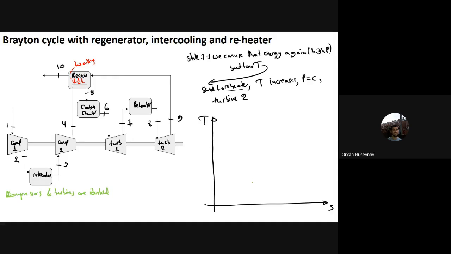Okay, now let's start. So I will have state 1 for compressor 1. And this one increases the temperature to state 2. This is state 2. Okay, and then comes that intercooler. This intercooler cools the temperature of the compressor. The compressor temperature should drop from T2 back to T1. It will drop it. But here you should remember that